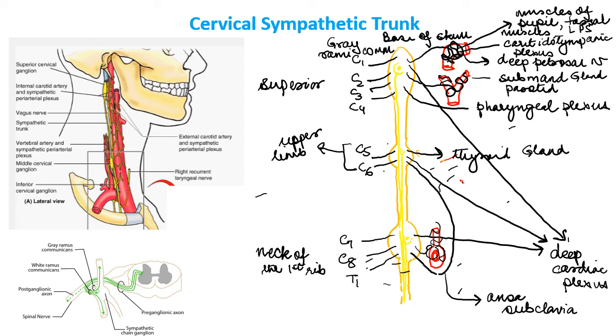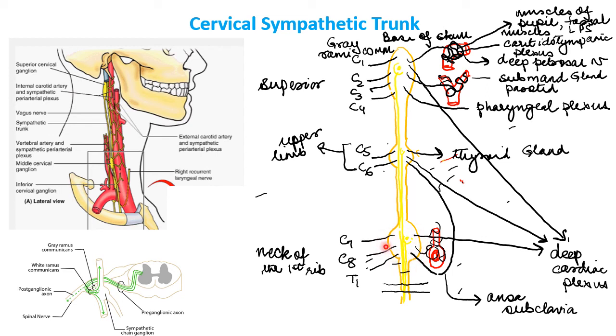In case there is a lesion here, that is, a lesion at the neck of the first rib, how did we see? If there was a tumor at the apex of the lung, the Pancoast tumor, we saw that it could metastasize and involve the surrounding structures. So it could involve the cervical sympathetic trunk, this part of the trunk which is connecting the thoracic trunk to the cervical sympathetic trunk, or it could involve the inferior cervical ganglia.